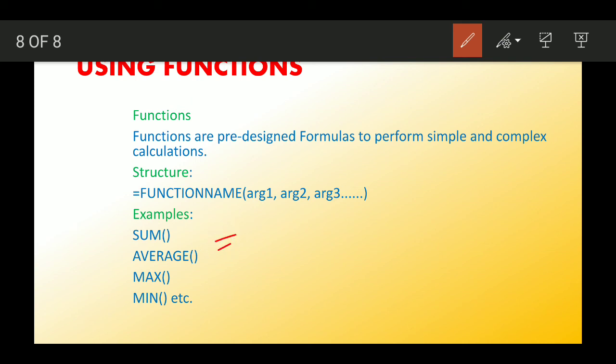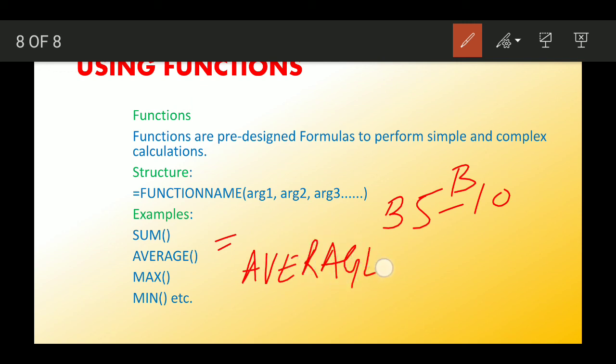Suppose we have to calculate the average from B5 to B10. Then we write equal to AVERAGE, B5, colon, B10.